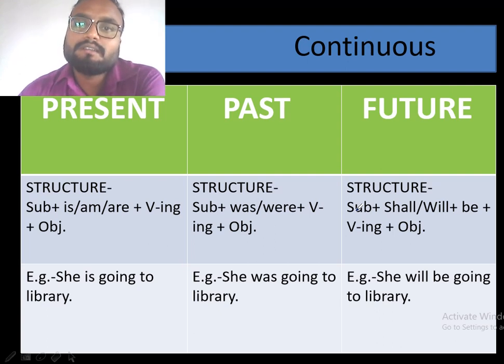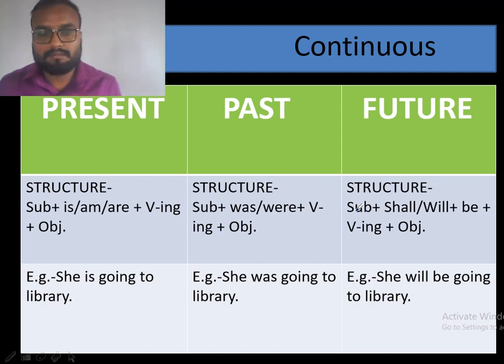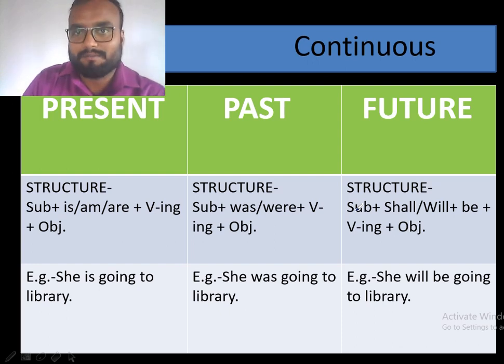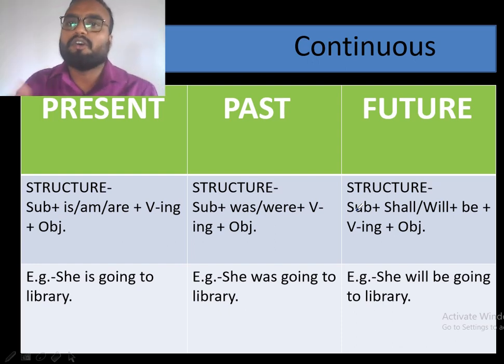So it means any action which is continued, which is in progress, which is going on, whether in present or in past or in future. So that type of action will be referred